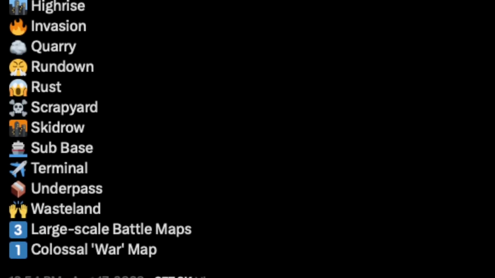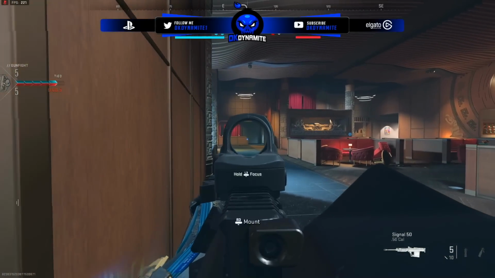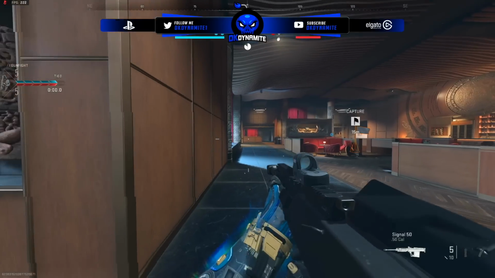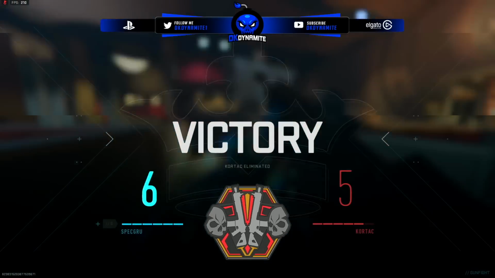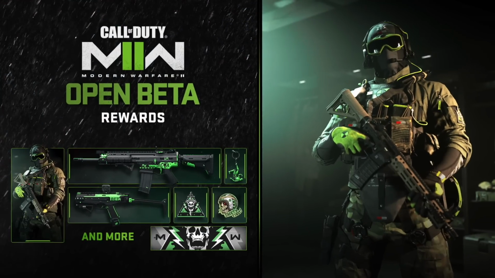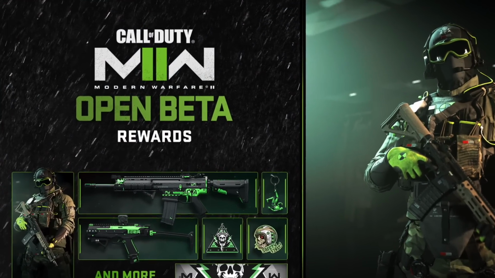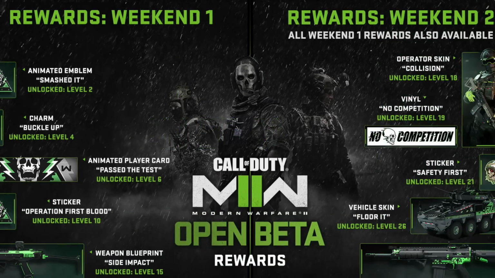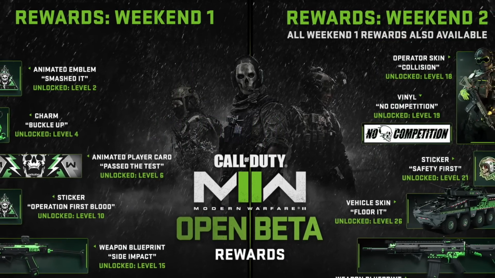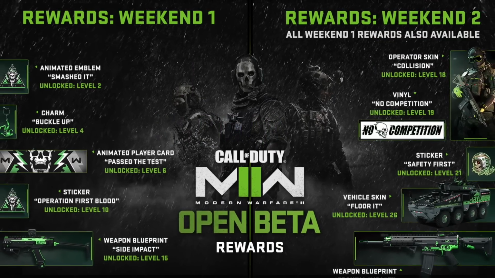So the beta will be just as packed, if not more packed, than the beta that we got last year for MW2. Now, apart from these 6 maps and 8 modes, and I'm sure it'll be a similar offering for Modern Warfare 3, Modern Warfare 2's beta also offered different rewards for just taking part in the beta itself, hitting certain milestones, certain levels, by hitting max rank in the entire beta across both weekends. So we got rewards such as blueprints, actual operator skins, which are sick, and then some other small cosmetics like